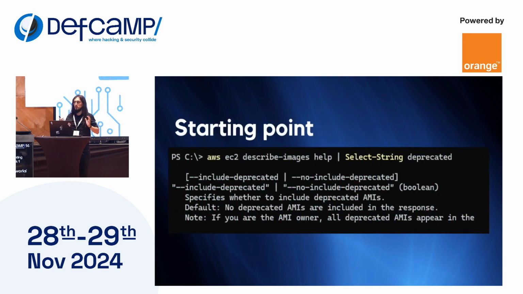Now, we were ready to start, and we wanted to collect all the images that were available. In order to do that, we have to include the images that are deprecated, and we have to mention this flag called include-deprecated. By default, when you make an AMI public, after 2 years, the AMI will be automatically deprecated by AWS. You can also deprecate your own AMI. If you deprecate it, it will not be available in the web portal, and it will also not be returned by default from the CLI. So you have to mention this flag in order to get all the AMIs.